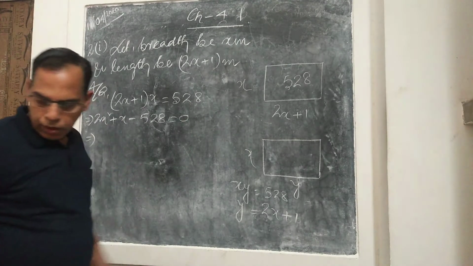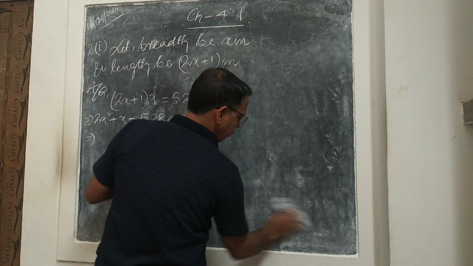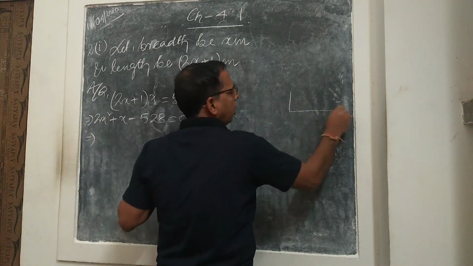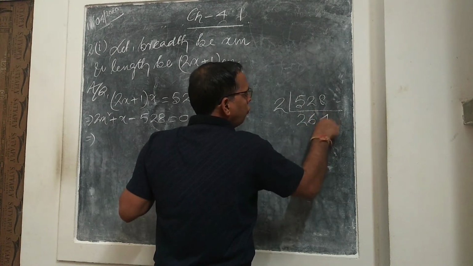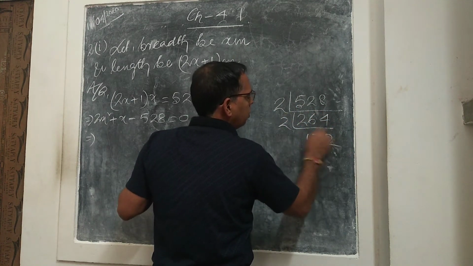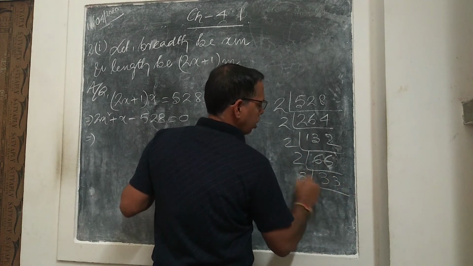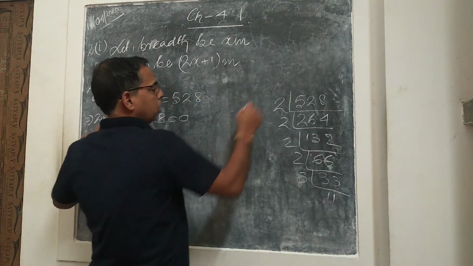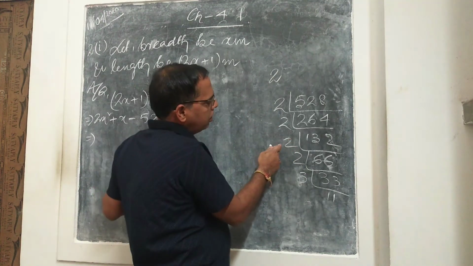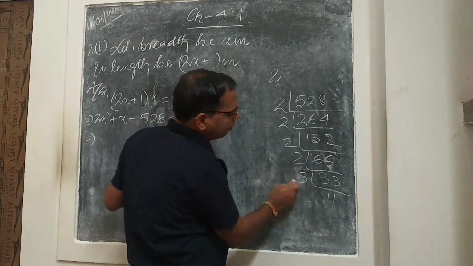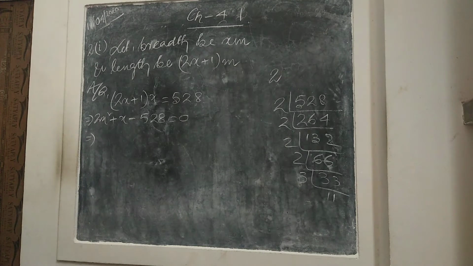So 528, and then you see, if you factorize 528, what will you get? 2 × 264, 2 × 132, 2 × 66, 2 × 33, 3 × 11. Then one more 2 is there. So 2 × 2 is 4, 4 × 2 is 8, 8 × 2 is 16, 16 × 2 is 32 and 3 × 11 is 33. Now one thing you have to keep in mind, in the method of factorization, that if the last one